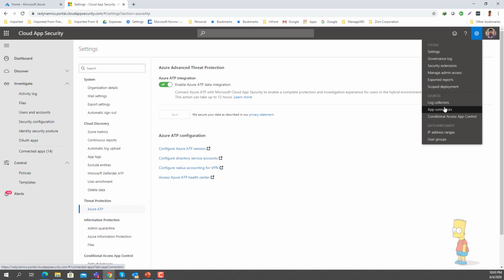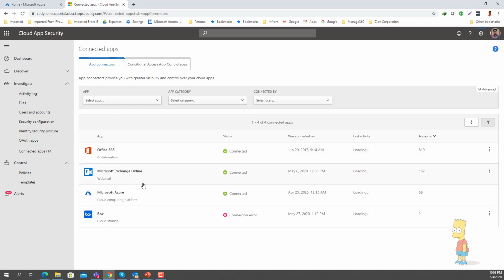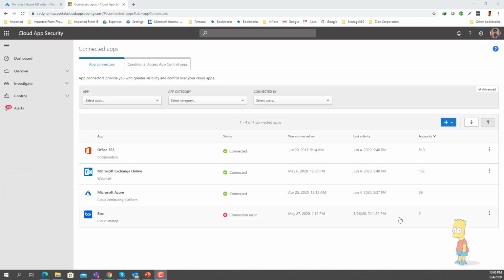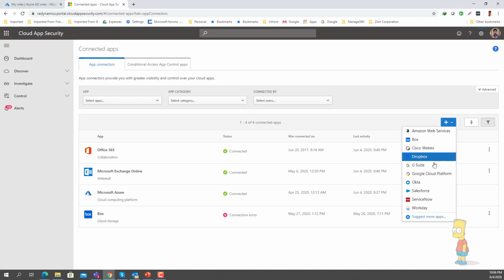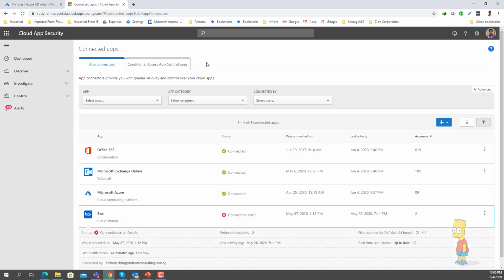And then if I go to the app connectors, here you will be able to see that in my environment we have connected to Office 365, Exchange Online, and the Microsoft Azure platform. As I mentioned, of course, there can be other integrations carried out as well. You can see apart from that we have Box. Unfortunately, the connector is not connected properly because it has expired. But that being said, we have other cloud platform integrations as well. As you can see, AWS is there. Then you can connect to Google Cloud, G Suite, Salesforce, and so on and so forth. There are other applications that can be accessed. So that's one way of cloud application integration.